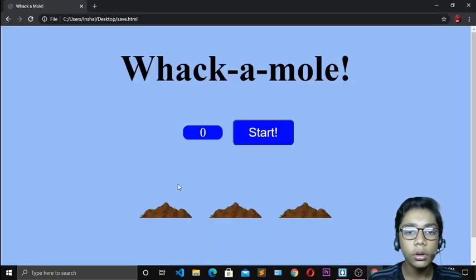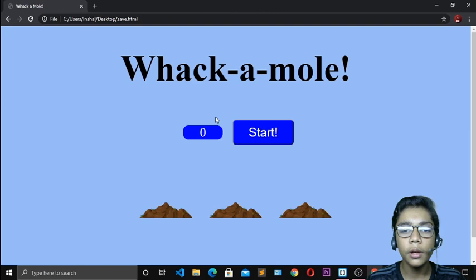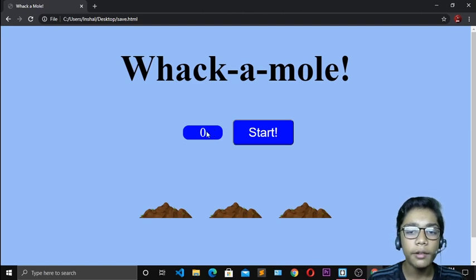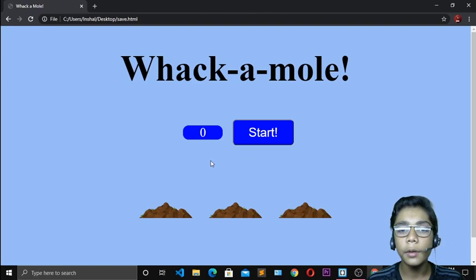So if I show, over here you can see how beautiful it is looking. We have defined our background color of blue and white, which is in JavaScript. The background color of white I have already defined in CSS, so I don't have to define it in JavaScript. So I have defined a color which is called sky blue, for the background color, so you can also do that with JavaScript. So I have also done that. And over here this button has also been made with JavaScript, which is the scorecard button. Then the second one is the start button. When we press that, our mole game will start.